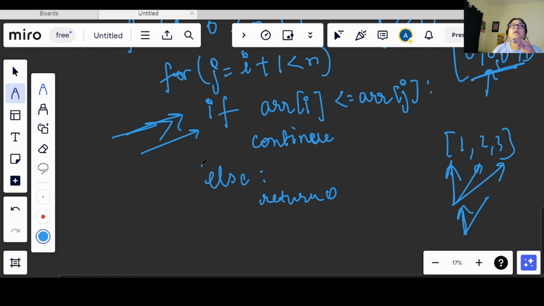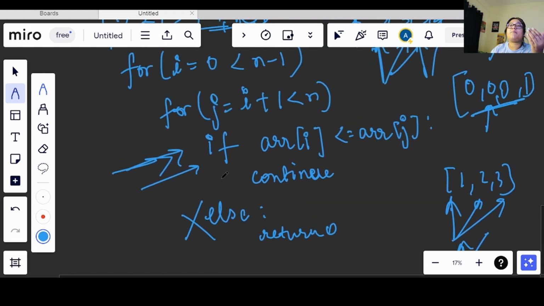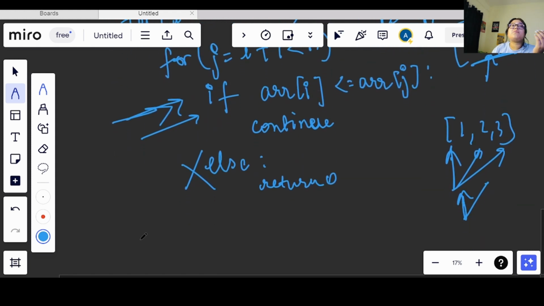So I will not be having even a single else condition. Therefore once I have completed the entire iteration, which means the entire array is sorted, only then we were able to iterate through the entire array. So out of the loop we will simply return 1, and we will only come out of the loop after completing the entire iteration if and only if we have the array as sorted.